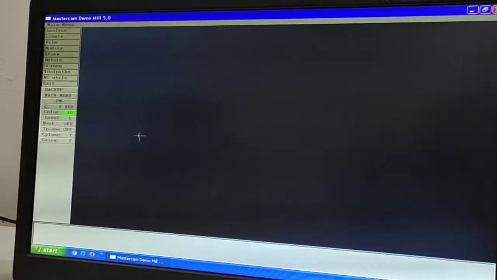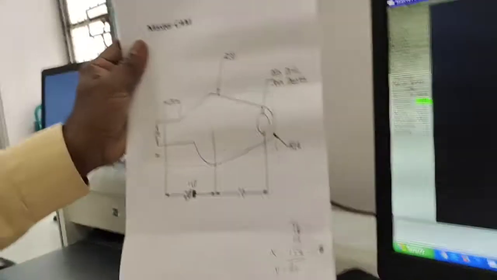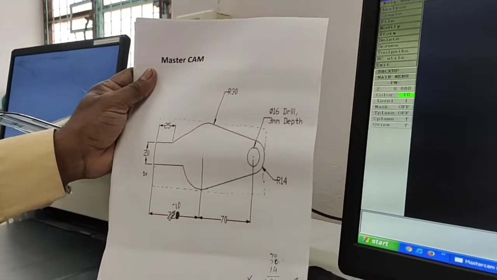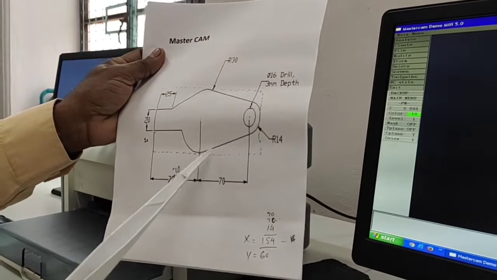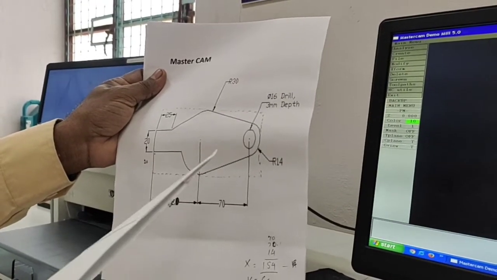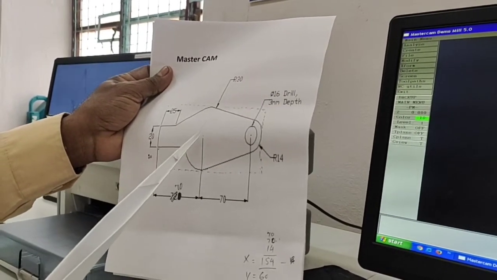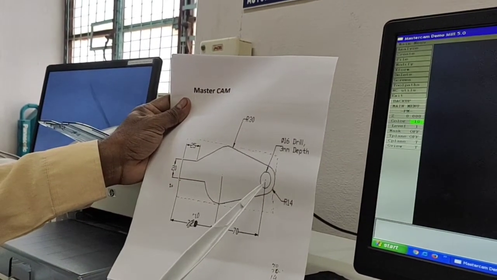Here I already told what the functions of the main menu, sub menu, working area and dialog box are. Now we will see how to draw the drawing, which is your simple experiment. In this experiment, there is one profile, and one drilling option is available. Within this drawing we could include pocketing, rectangular pocketing and circular pocketing, but in this drawing we only have the drill option.